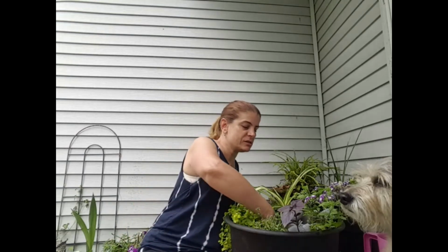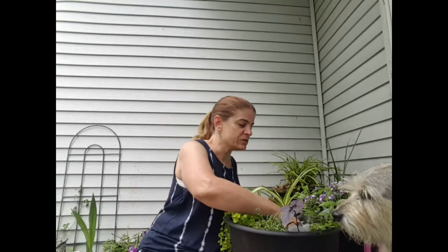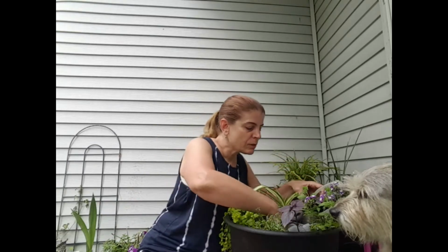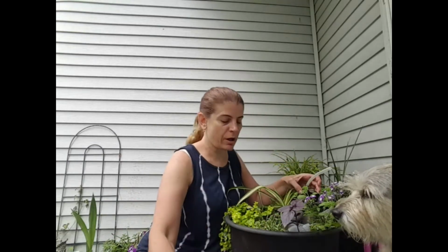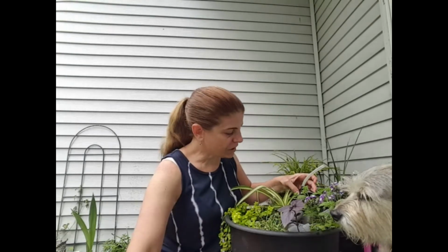And then this is just the little rocks you might find at any craft or hobby store. I think it's like $3 to $5 for a medium little bag. And I have that all over my yard. There's another big rock. All right, I'm just scooping out all of the little gravel,